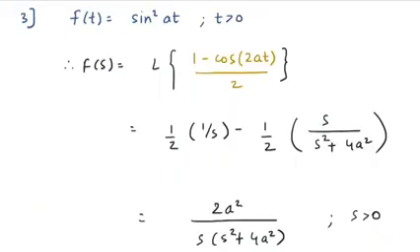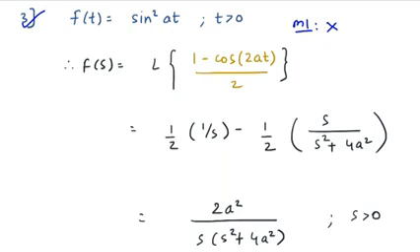Now we will see some level up questions. So question number 3 is, f of t is given as sine square at where t is greater than 0. Now tell me what would be the Laplace of this function. Okay, so some of the students might go with method 1, which is solving the integration. Fine, you will get the answer. It is a very time taking process, so I won't recommend following method 1. Always go for method 2 using the standard result.